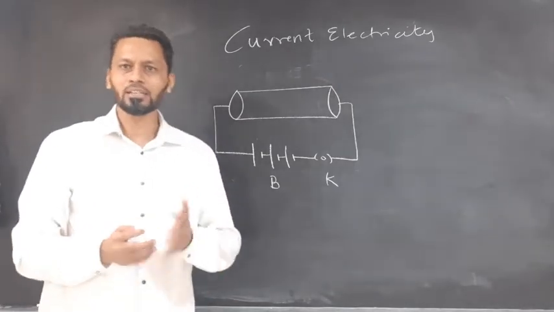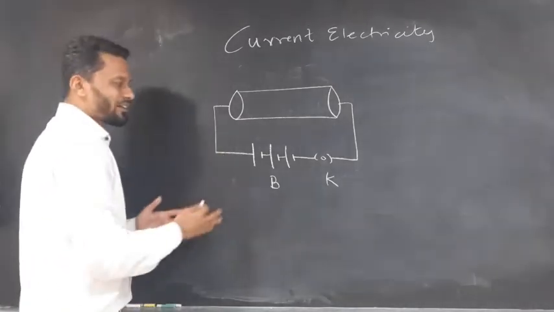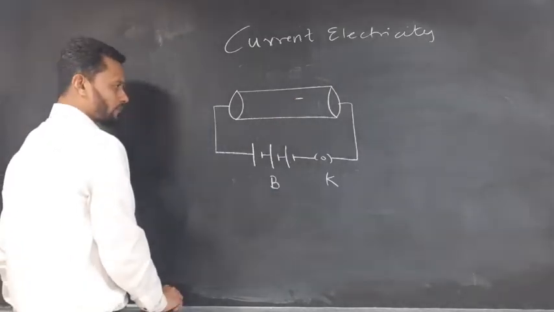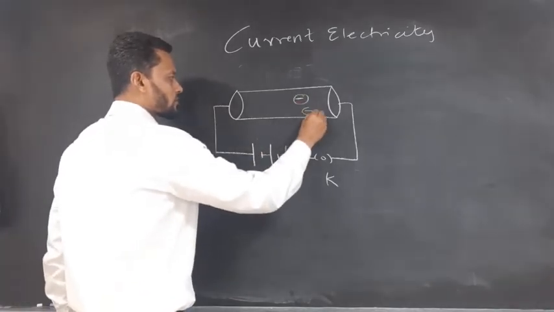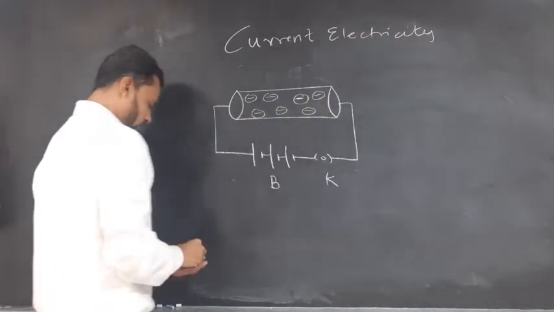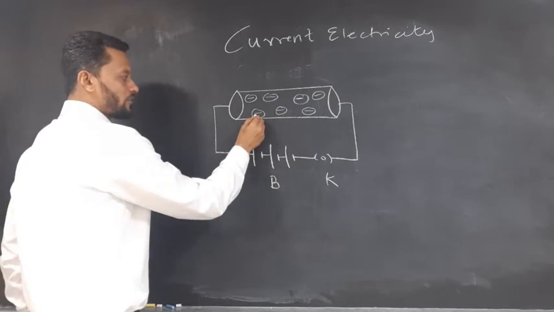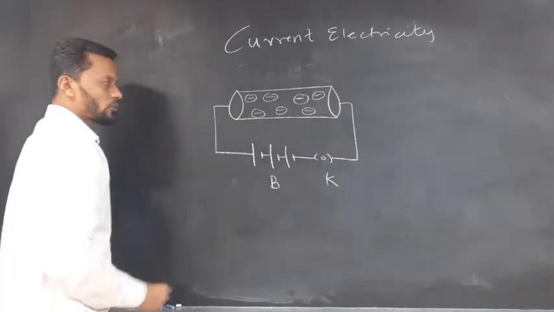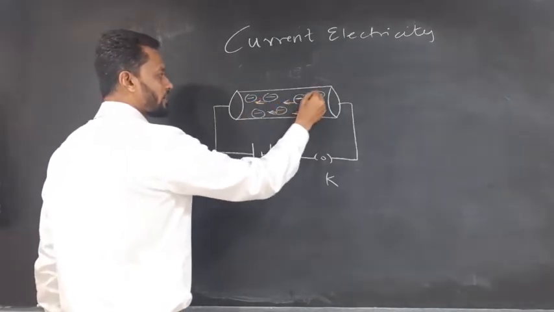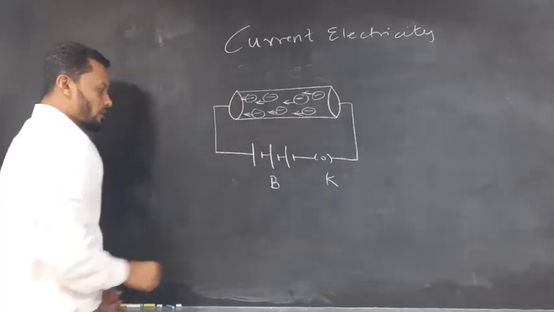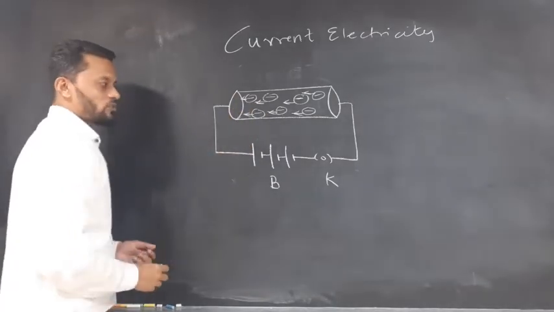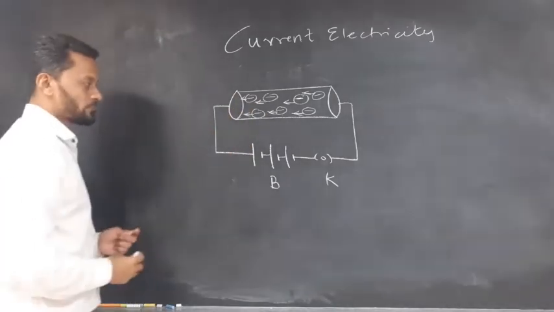Since electrons are negatively charged particles, the moment they are connected to the battery, these electrons will start to move in a particular direction. And which direction? They are negatively charged, so they move towards the positive terminal of the battery. So every electron over here gets into a particular confined direction. So they will start moving in this. Now, since they got the energy, they move towards the positive terminal and the circuit gets completed.